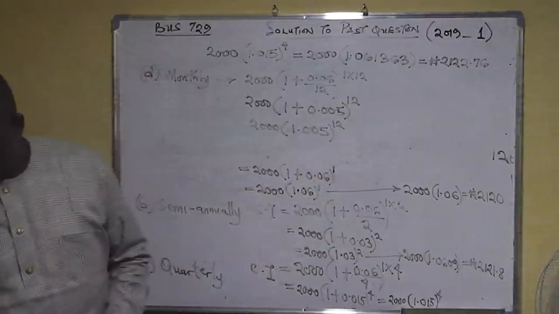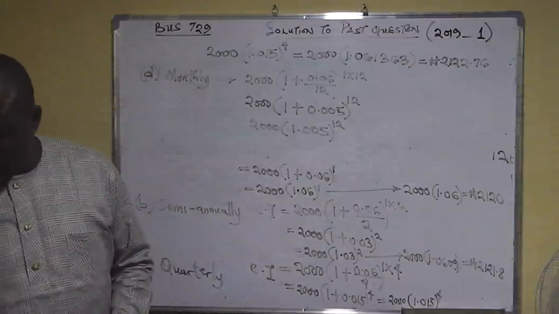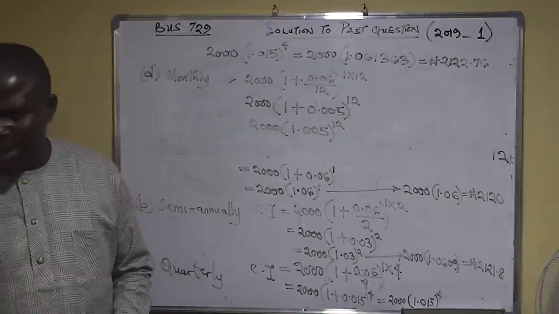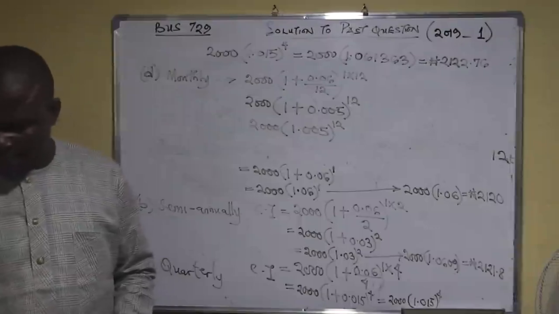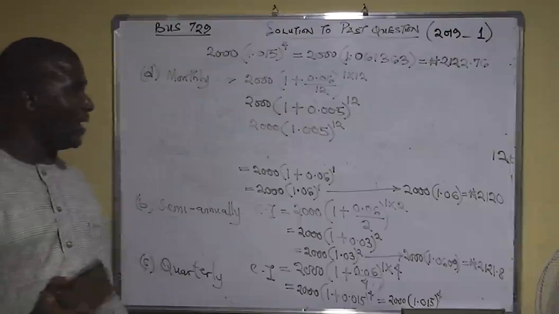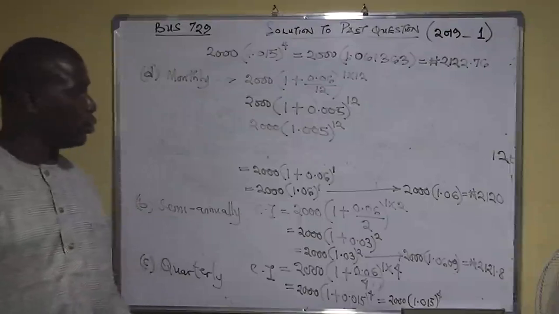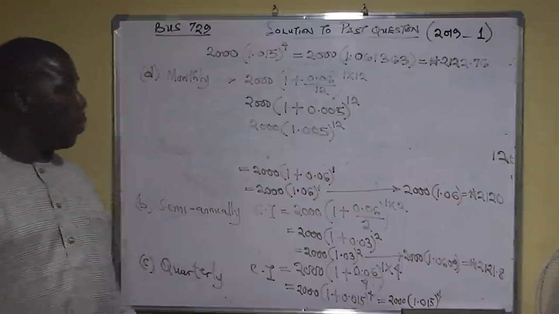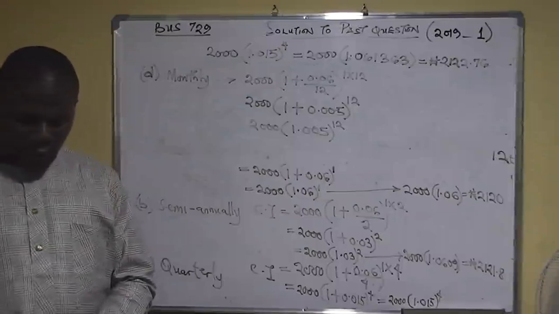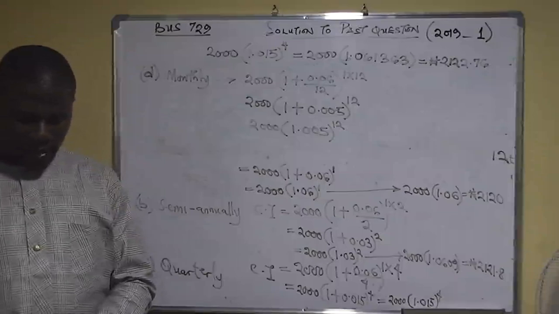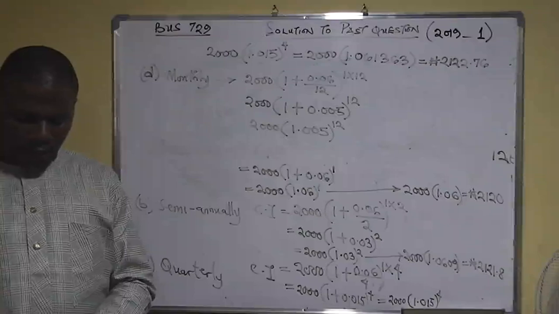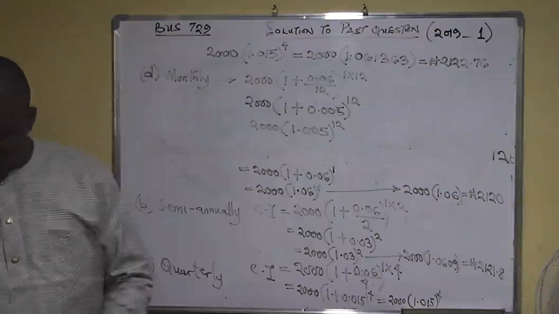Now, how do you do justice to this? Using your calculator from your own end there, and I am trying to use my own calculator from my end. You want to get the value of 1.005 raised to power 12. So that will give me